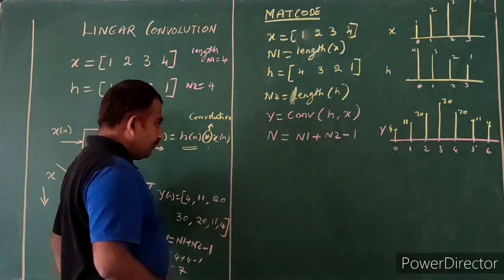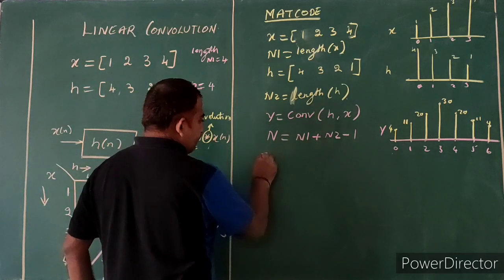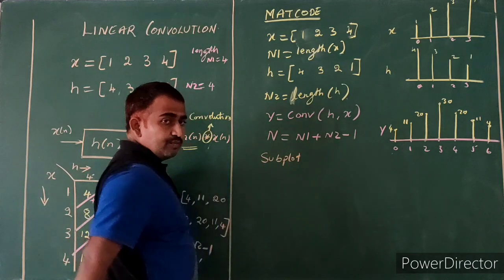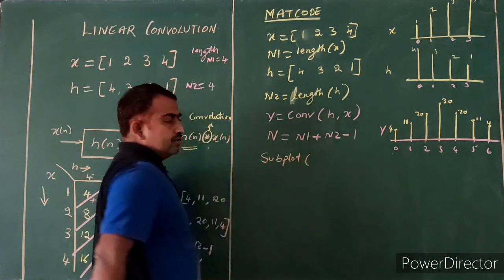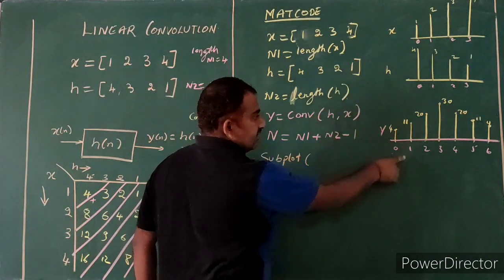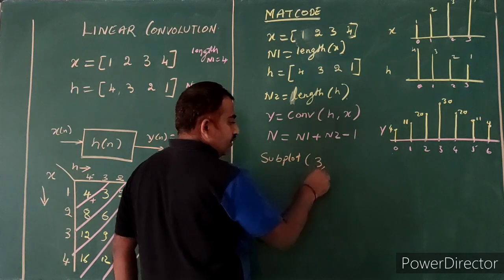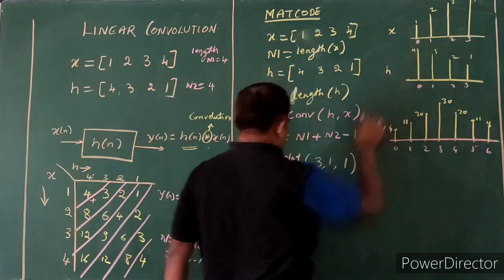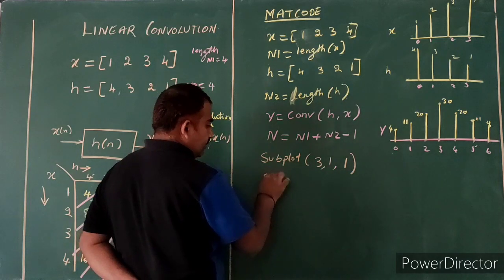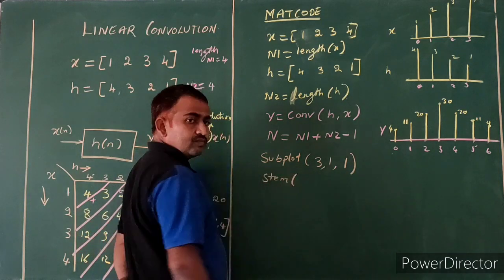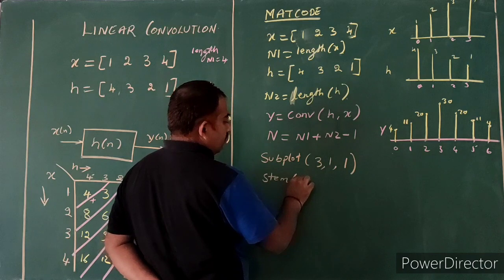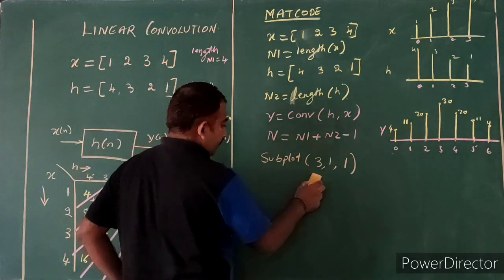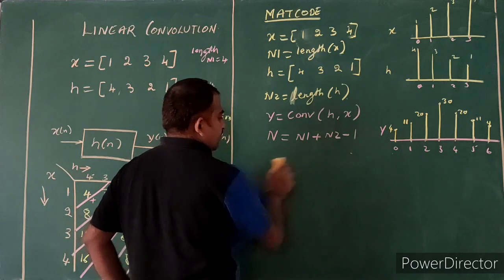Now since we have 3 figures, we know that we have a keyword called subplot. Subplot is represented by, now it is in 3 rows. I will take it as 3 rows, 1 column, figure 1 for x. Then I will plot this as stem. Okay, before plotting the stem, or before going for the subplot,